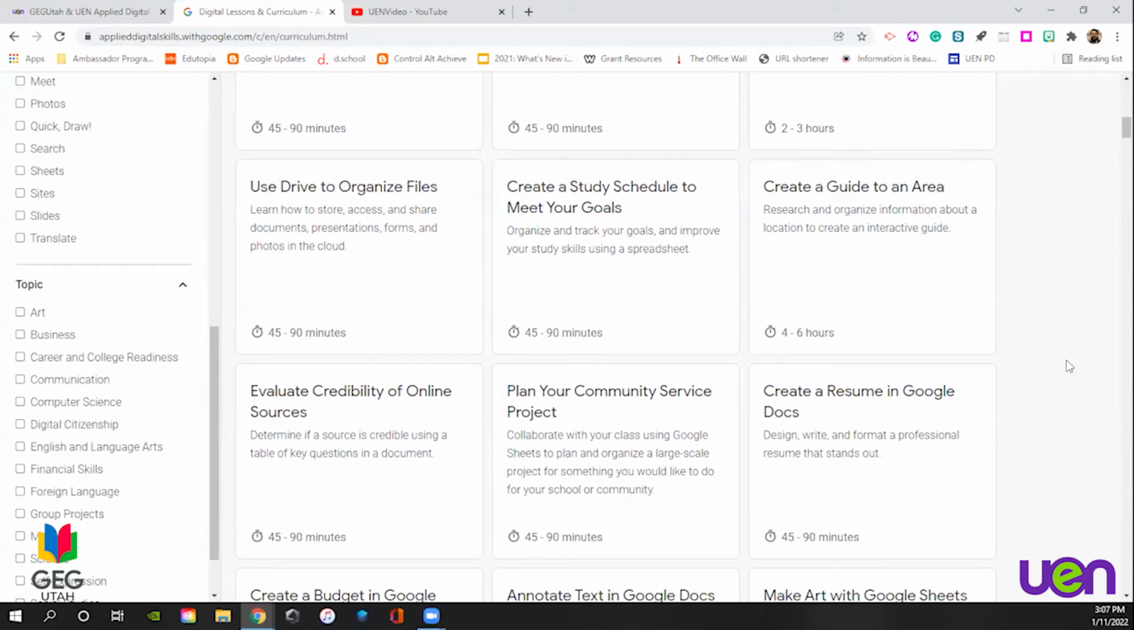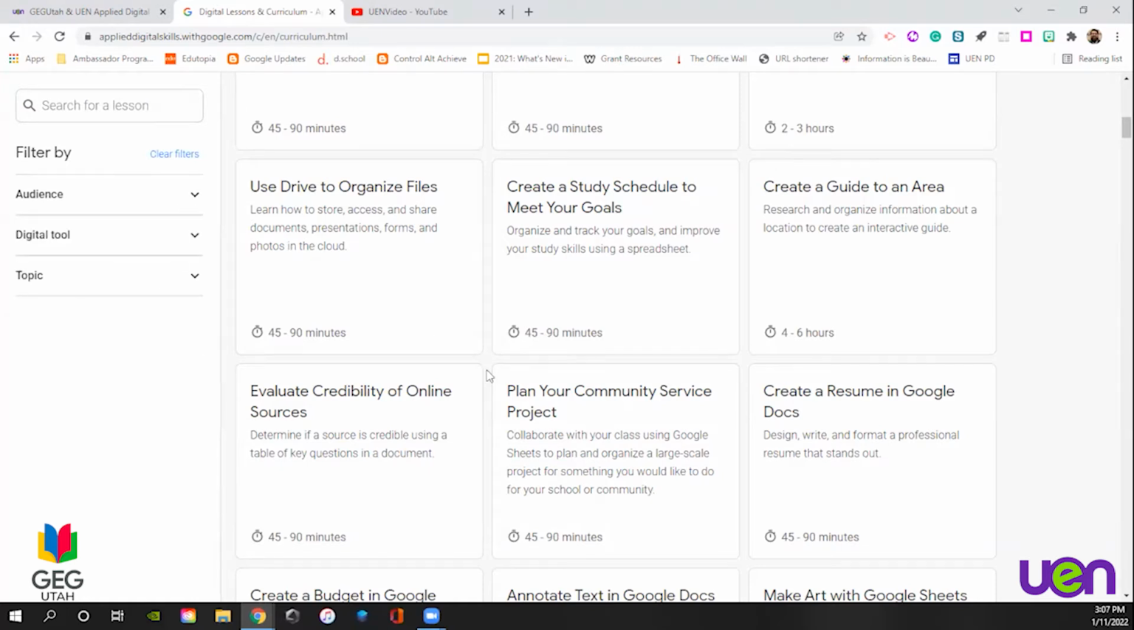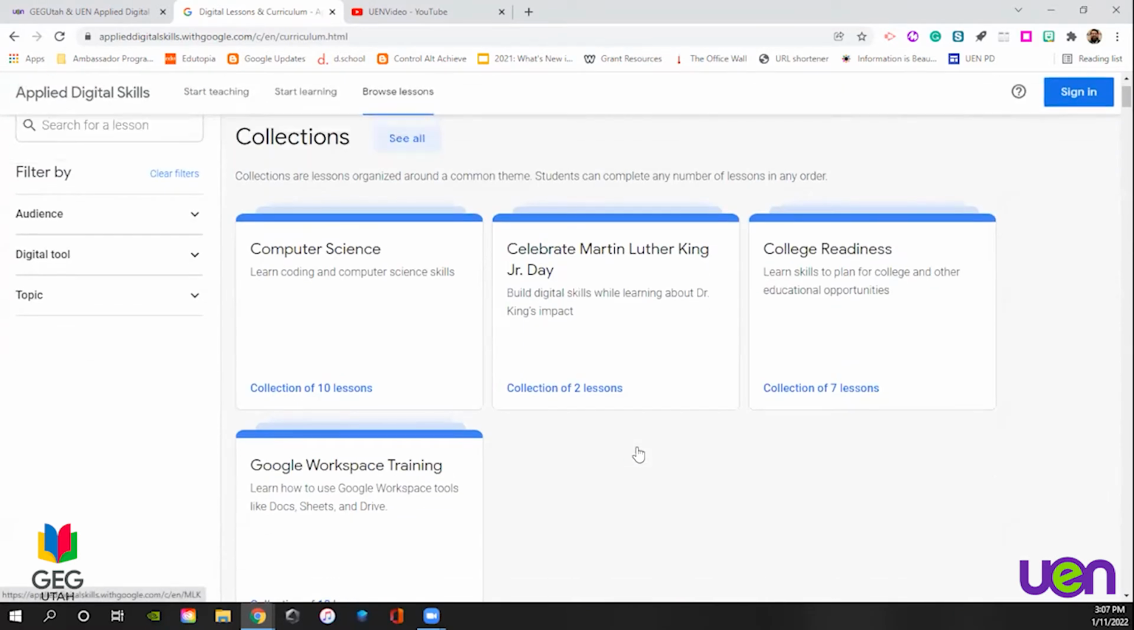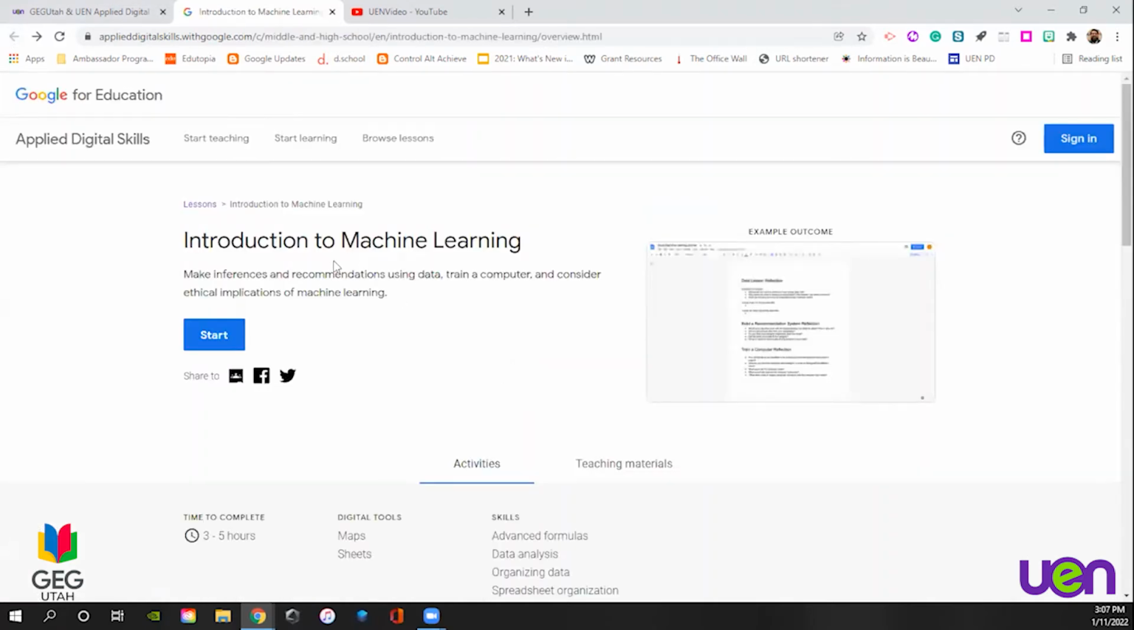So lots of different options here for you as a teacher to drop in and grab different tool sets, different lessons for your class, depending on which content, which level of students, or which kind of tool you want to work with. Again, today we are working on introduction to machine learning,